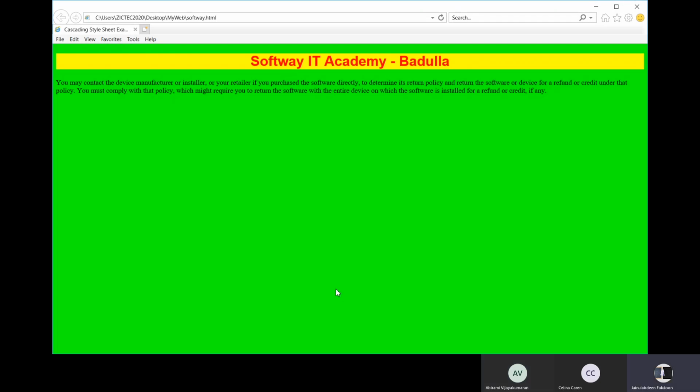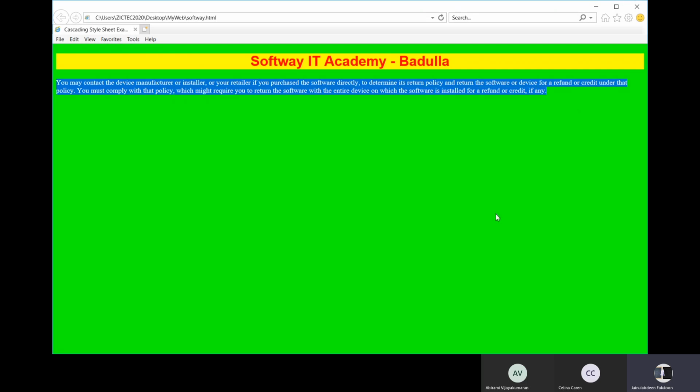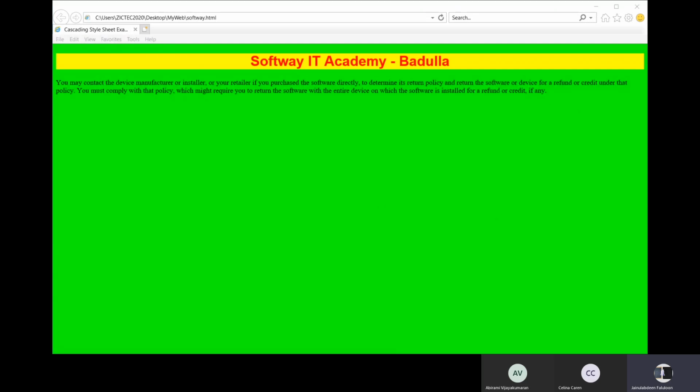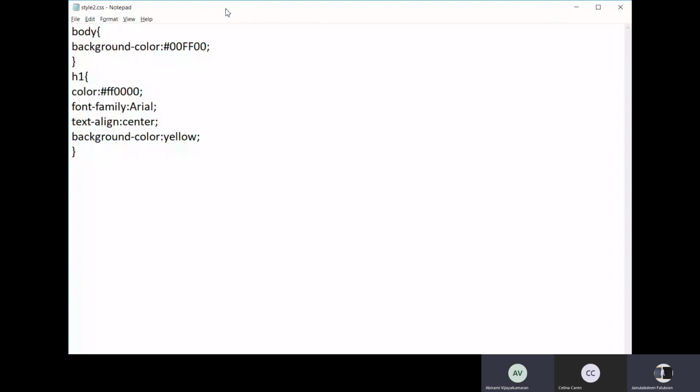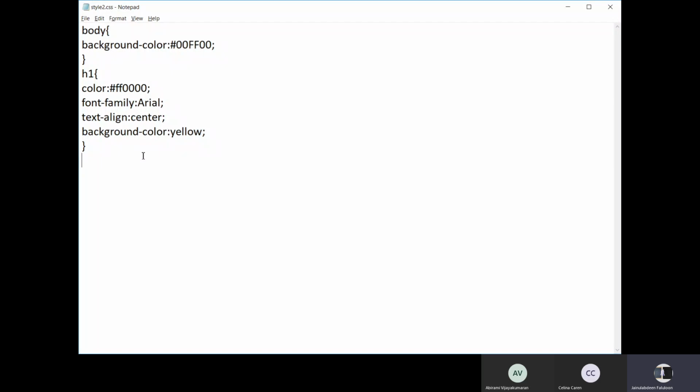Okay, right. Now again I will move. I want to change this paragraph. So the paragraph still in the default one. So I wanted to change the paragraph. Okay. For that paragraph, we can give some style. So you move to the style sheet, right? And here